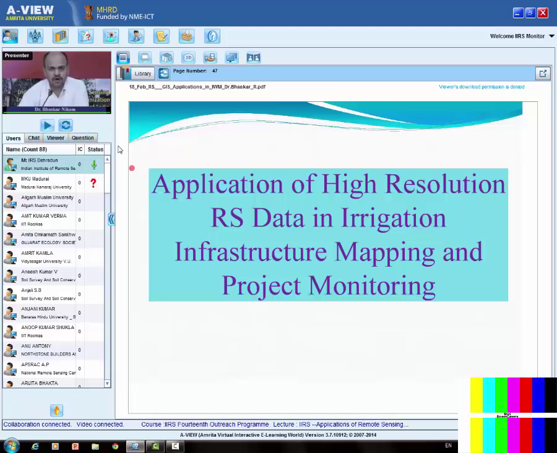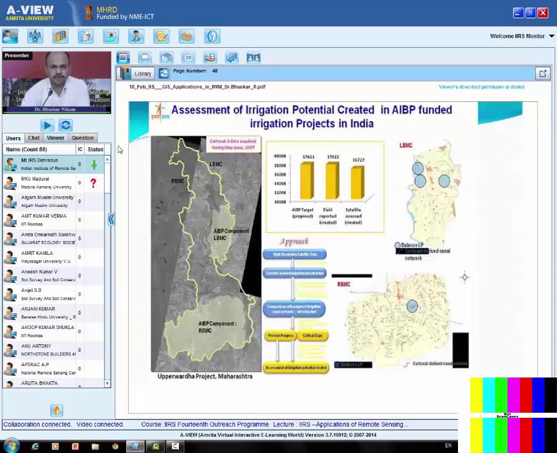Now government has gone one step ahead, and like I told you, in the project cycle we have an application of remote sensing in every stage. In the project cycle, there is a monitoring phase also. When I implement any irrigation project, I need some mechanism to monitor the progress of that project. So this can also be done using remote sensing. A simple case study I am showing you here, where